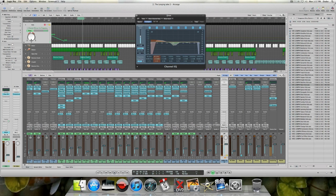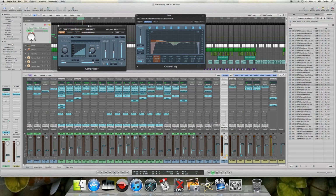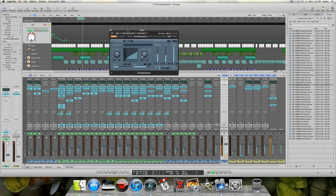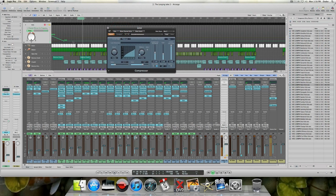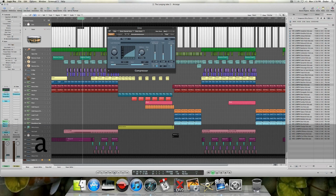And then I added this compressor, and all this is doing is I like to do this. I honestly don't know if anyone else does this. I kind of just came up with this on my own. I've never seen anyone do it before, and if other people do it, cool. But it's a good little trick. What I do is I sidechain my kick to my snare, so on my hits where the snare and the kick hit at the same time,